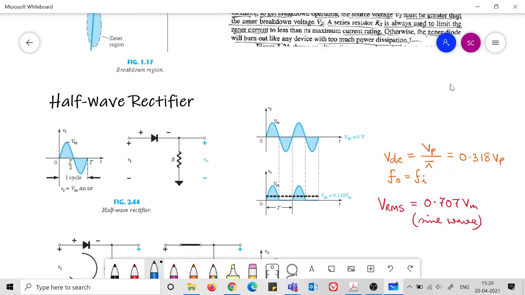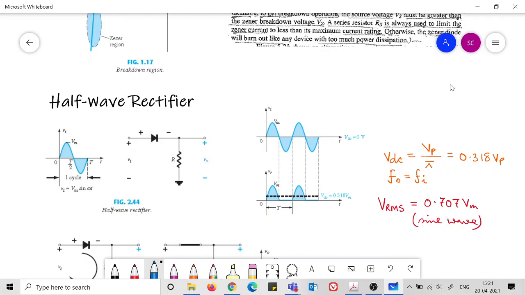Now when the input voltage has reached the negative cycle, what happens? Then this diode is in reverse bias. I hope you are able to appreciate that it is in reverse bias. As you look more and more into diodes and associated voltages in the network, you have to develop this intuition whether the diode is in forward bias or reverse bias. This is the first thing that you should develop while analyzing diode circuits.